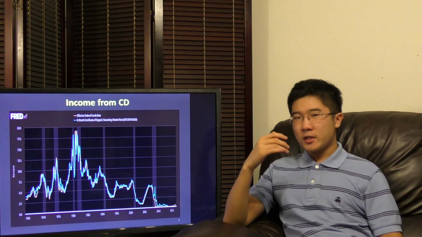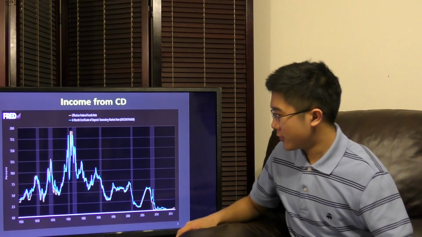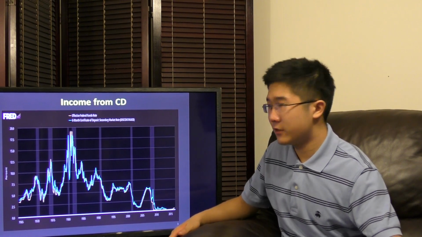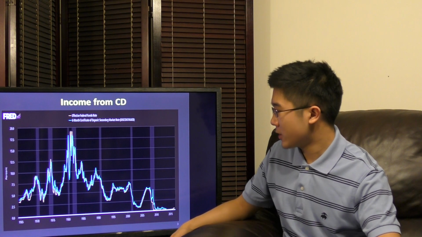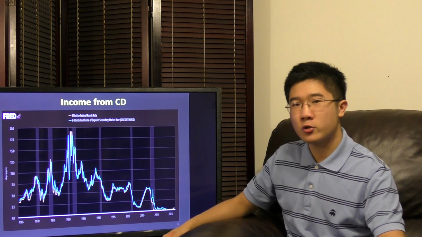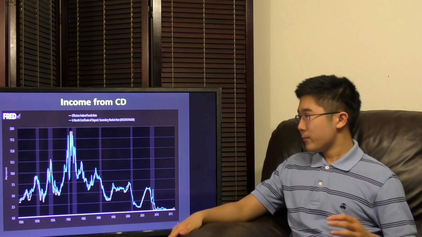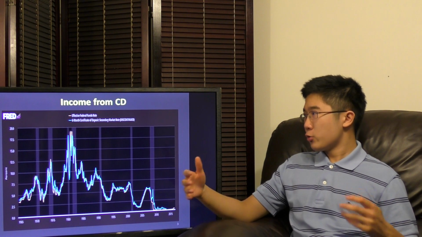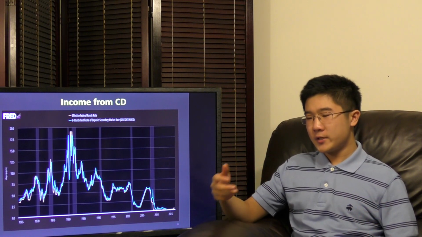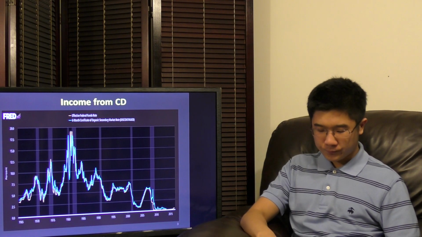As an example of a fixed income investment, we have CDs, or certificates of deposit. Now, on this graph, if you pay special attention, you'll see there's a yellow line, that's the effective federal funds rate by the Fed, and the blue line is the 6-month CD secondary market rate. As you see here, there's almost virtually no difference between the two lines. The federal funds rate is almost always extremely close to the 6-month CD secondary market rate. So we can see here, the CD is not inflation adjusted, so of course it fluctuates a lot. As a result, it fluctuates with the federal funds rate, meaning it fluctuates with the state of inflation and the state of the economy as a whole. So that's an example of fixed income investment, a CD.